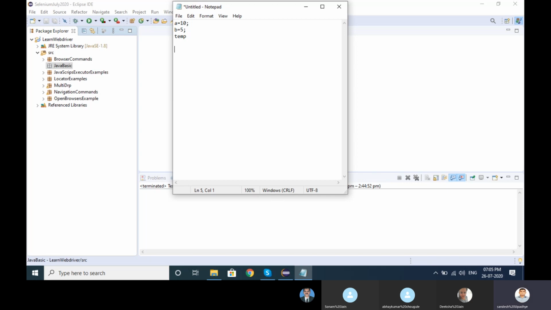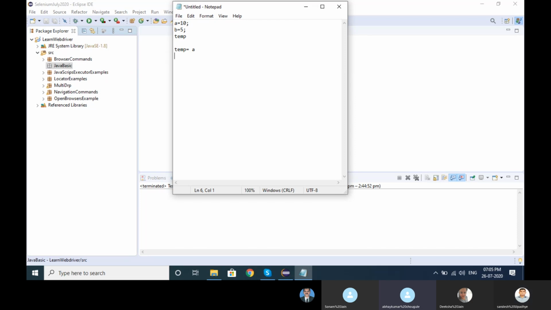Gopi, you joined? Yeah, so Sandesh, in this case, what I'm thinking is first assign variable A value to temp, and then assign B to A, and then assign temp to B. Okay, let me put it your way. So temp is equal to A, right?